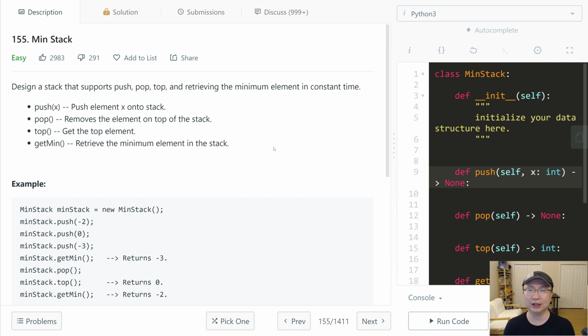This is LeetCode question number 155, which is an easy question. This is one of the famous questions, so please check it very carefully. Okay, design a stack that supports push, pop, top, and retrieving the minimum element in